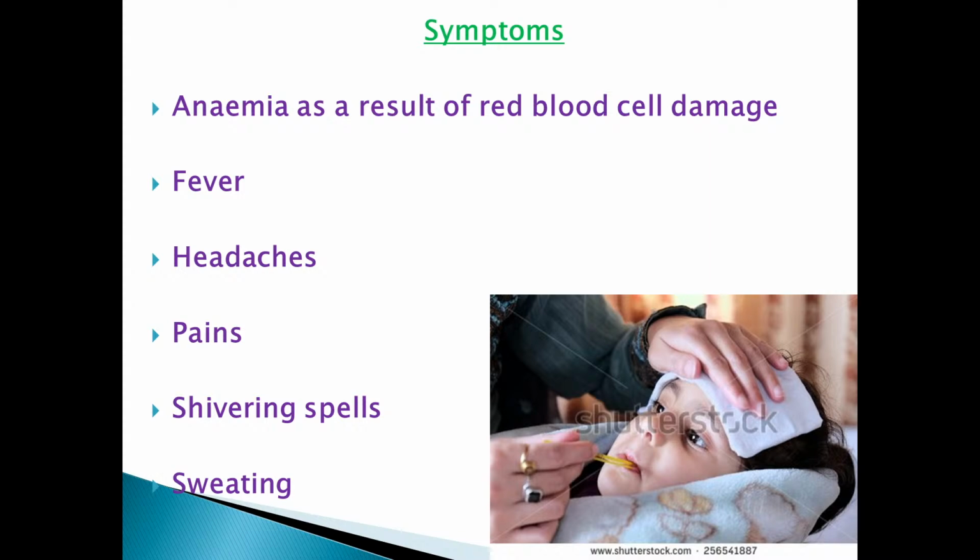Shivering spell. What I mean by shivering spell, you actually tremble sometimes. The shivering normally comes as a result of your muscles contracting very fast. That's why persons shiver, but we commonly call it trembling. Your muscles generally, when they contract and relax, normally vibrate, but not a whole lot under general circumstances. But definitely, once they are contracting very fast, you actually shiver.